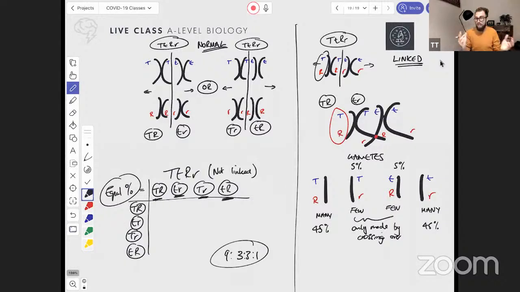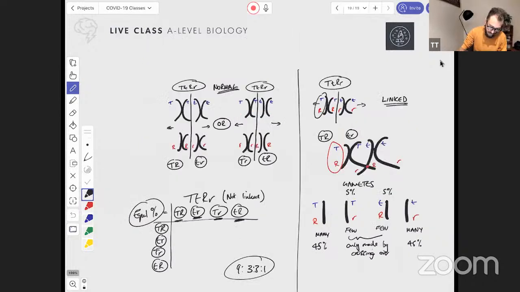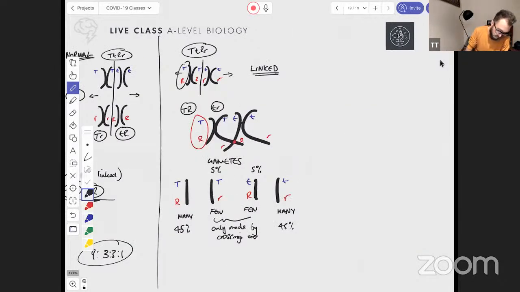The vast majority of them are inherited together. So it'd be more similar to monohybrid inheritance because they're basically just inherited together the vast majority of the time. Crossing over is an exception that occasionally crops up to separate some of the alleles to make a few rare gametes which have a different genotype. And obviously, it depends on the loci of the